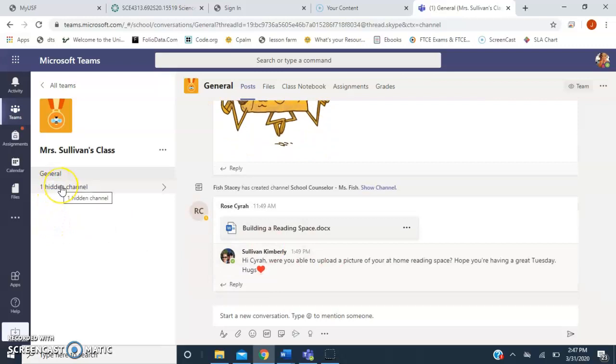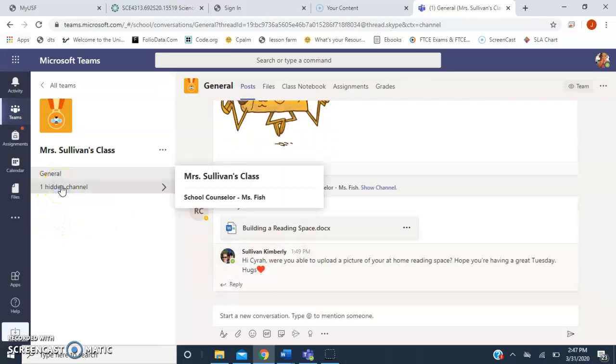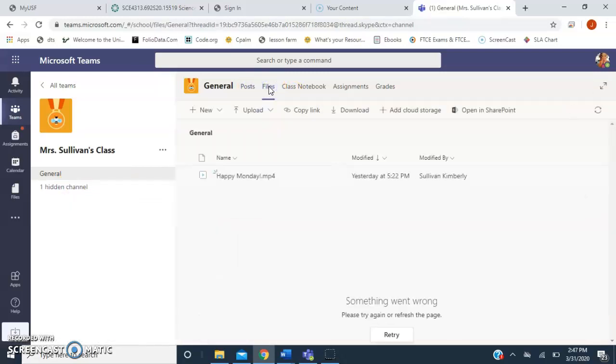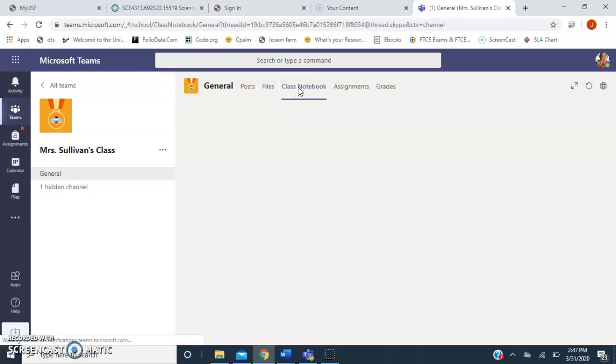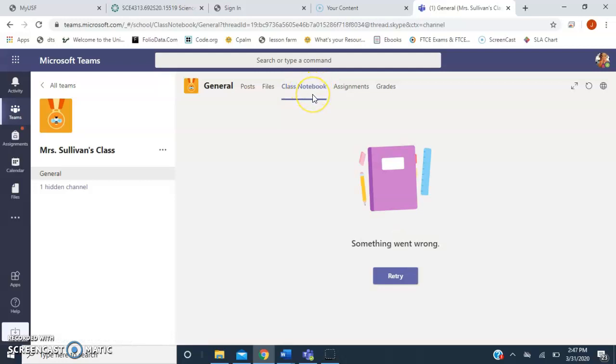Not sure what that is, that just came up. Okay, so post. Then if I go to files, this is what I see. I've not seen anything else other than this at all. And I keep getting this right here. I've tried new upload, copy link. It doesn't work. Class notebook, I guess, is not available to us yet,